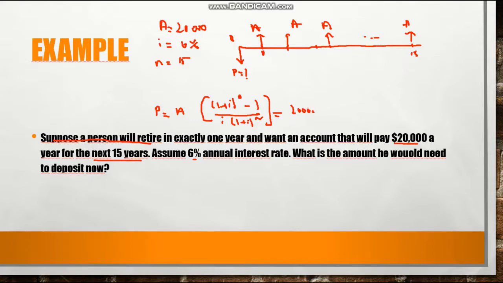If we substitute all the variables: (1 plus 0.06) power of 15, because it's 15 years, minus 1, over 0.06 multiplied by, again, 1 plus 0.06 is 1.06, power of 15. If we process these multiplications, we will have the present value of this